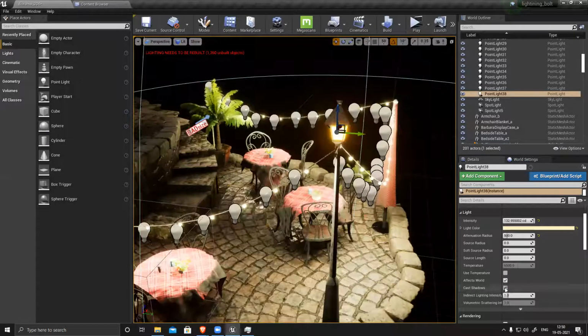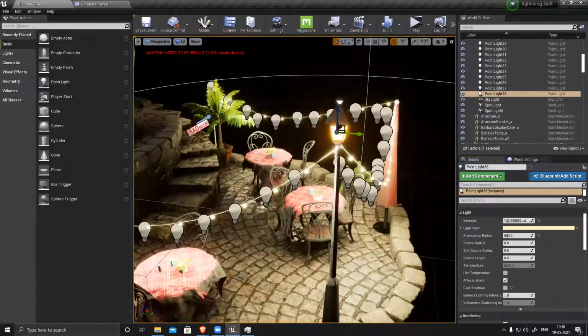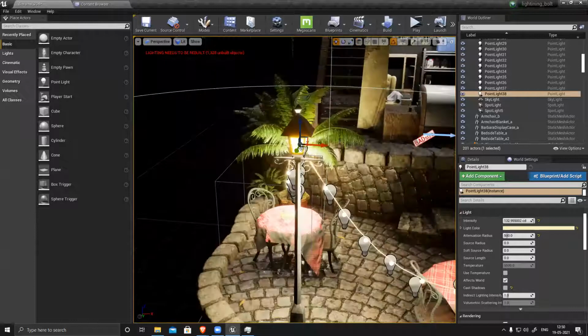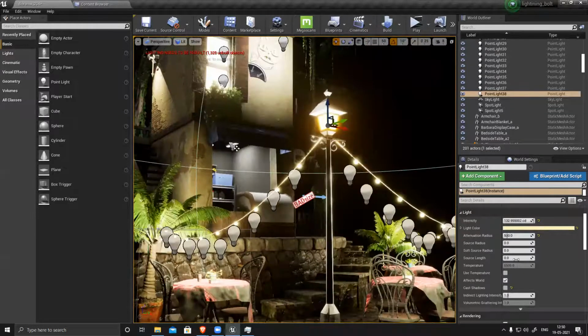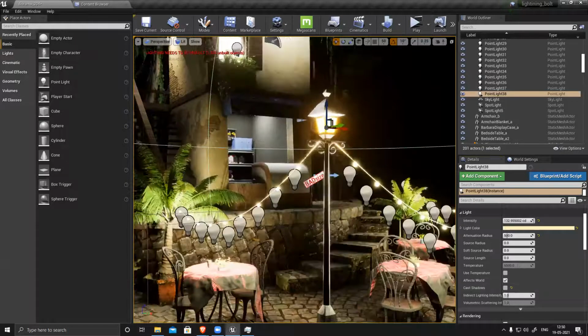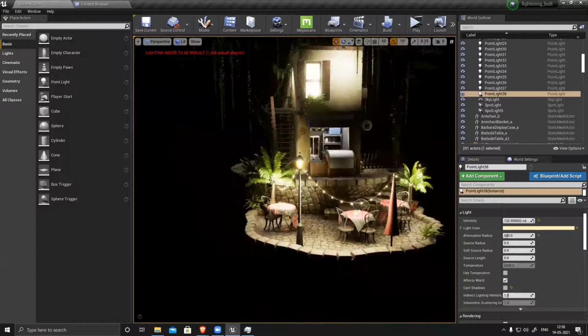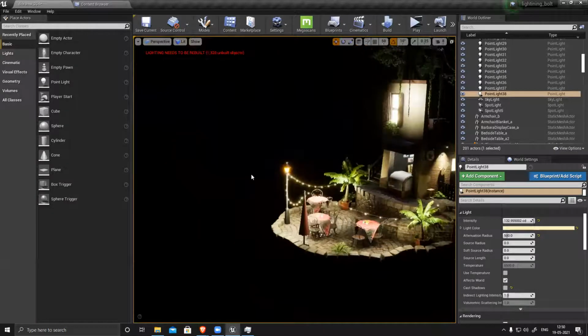And cast shadow, if you want, you can switch off. It will stop casting shadow because it's inside this section. Otherwise it will cast shadows and it won't glow. And now you can see it's generating this light. Press G to see. Now you can see this section is glowing.